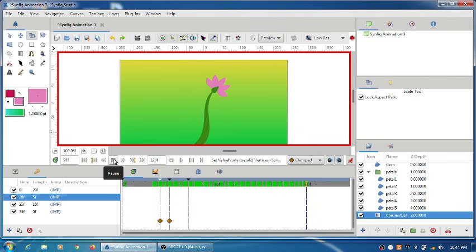So you can see that there is a gradient color transition as well as the stem object slightly growing, and there is a complete flower bloom.